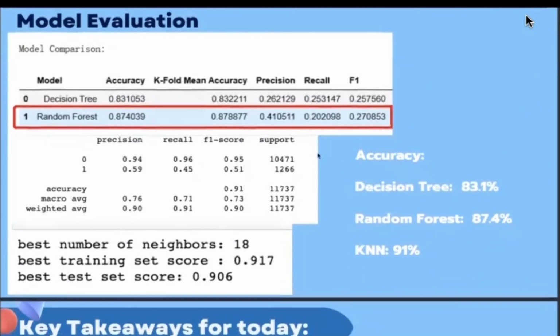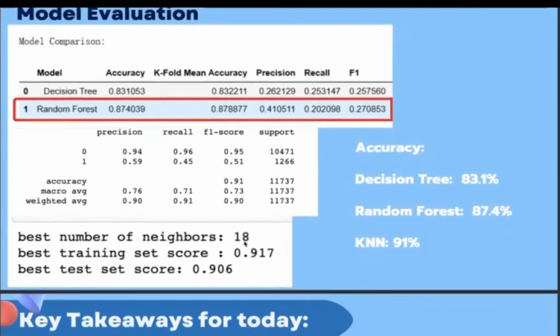We also use model tuning to find the best number of KNN neighbors, and we found that if we choose 18 neighbors, the model has the best result, which is